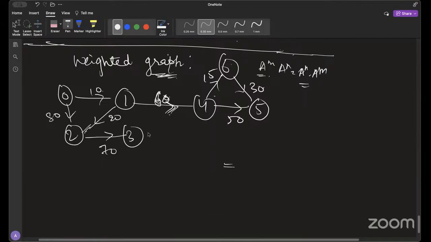So this is your weighted graph. Weighted graph just means that, let's just say that these are airports and this is the cost to go from this airport to this. That's what weighted means. So initially when we used to discuss this airport thing, we just used to talk about